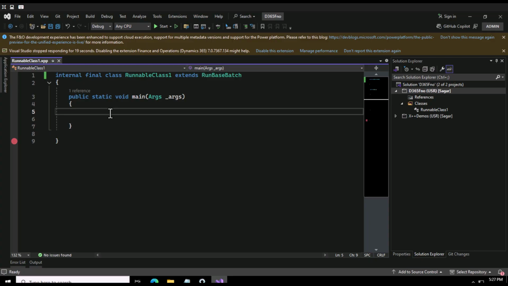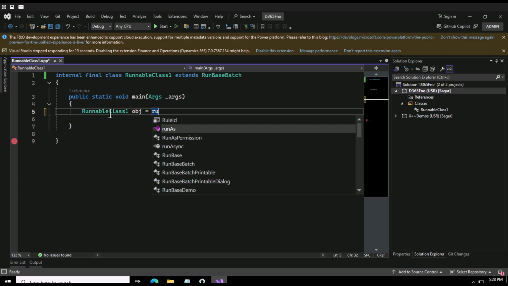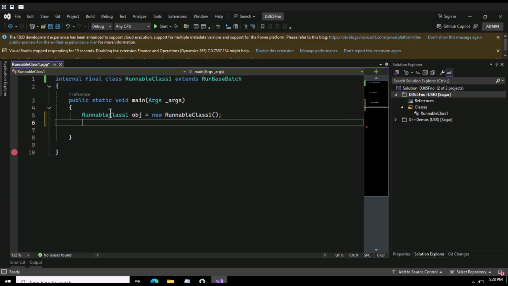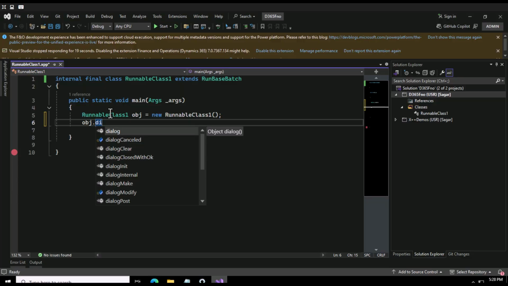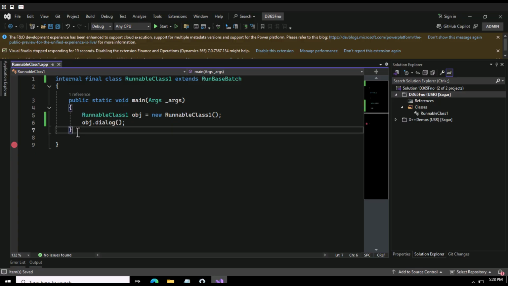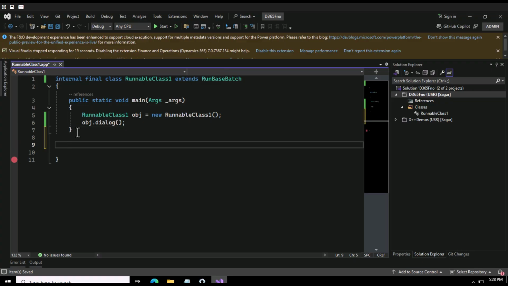So here the first thing is that this is my runnable class, so I'm going to define it here, and then I can say obj dot, I'm going to call this dialog function, and now this is going to point me to my dialog function. Here I can simply say public object dialog,